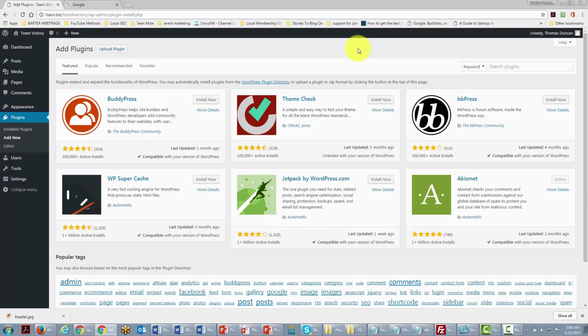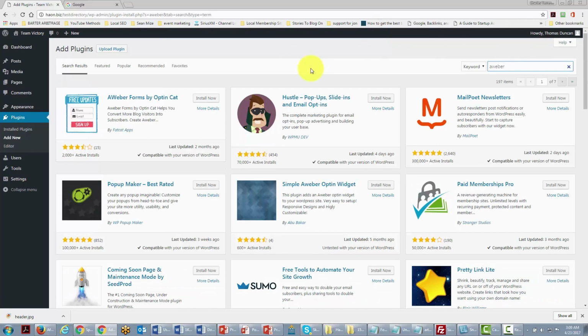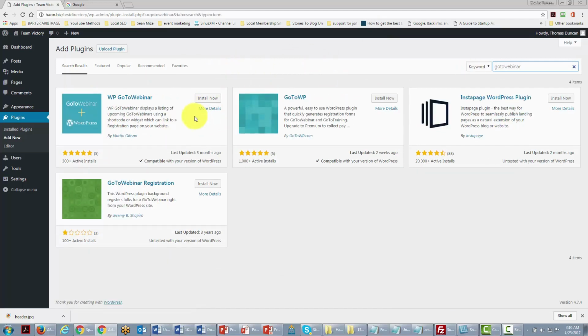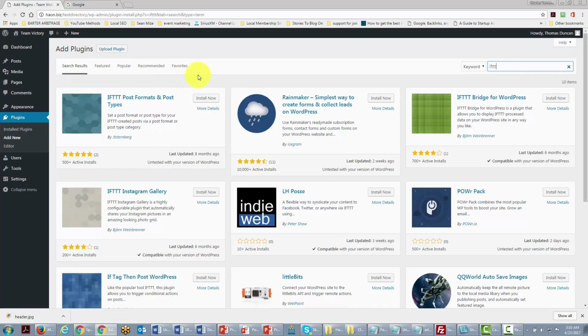So for example, in the very same way that we did a search for different functionality, we can actually search for some of the services that we use in order to integrate them into WordPress. So for example, if we were to start with a keyword of Aweber, we would find that there are a number of developers with highly rated plugins that use Aweber and integrate it into our WordPress site. A number of marketers use services like GoToWebinar. GoToWebinar also has plugin functionality that automates some of the processes inside of WordPress. Some marketers use the service